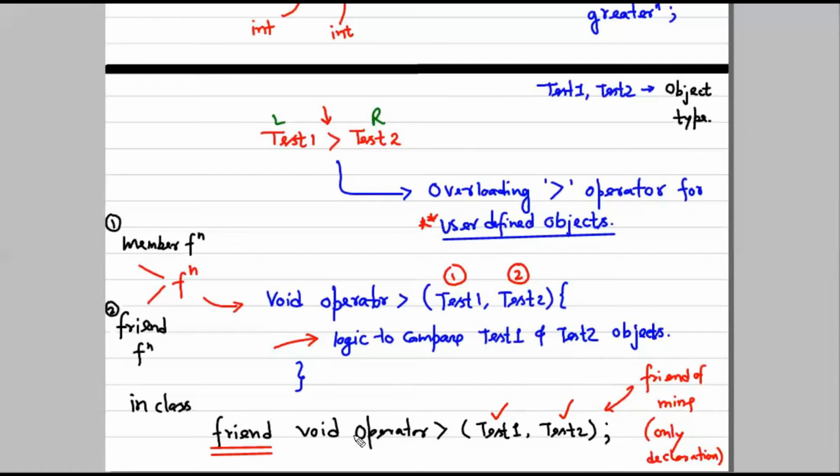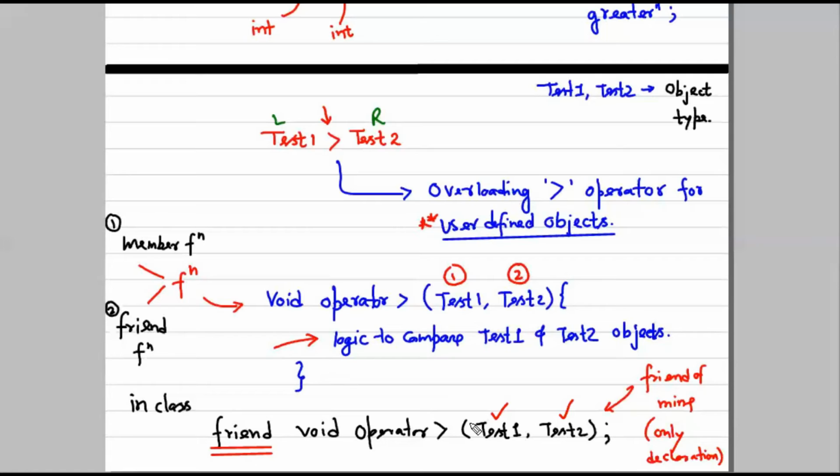If we don't say it's a friend function, and it is a simple function, then your function wouldn't be able to access the private data of that class. So it is mandatory to make a function a friend function, because we want to access the private data of that class. Otherwise, what is the point of writing it? There would be no relation between the function and the class if it is not a friend function.